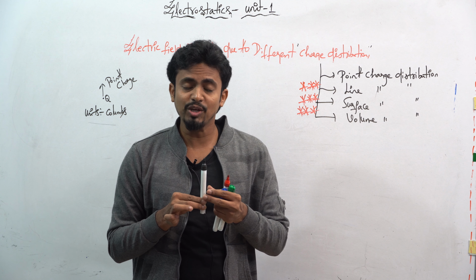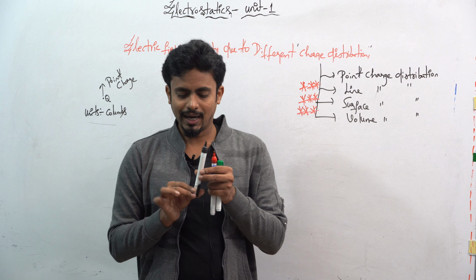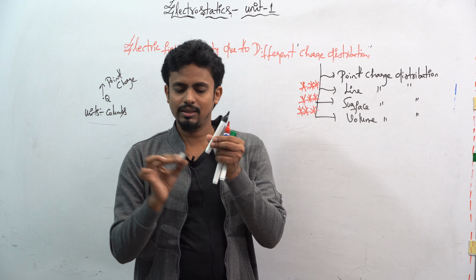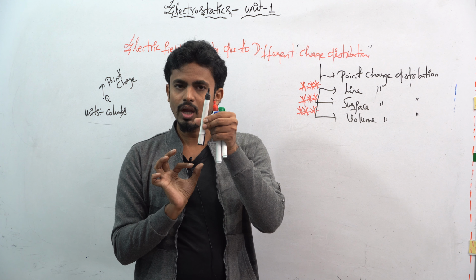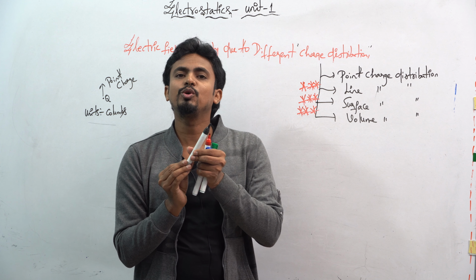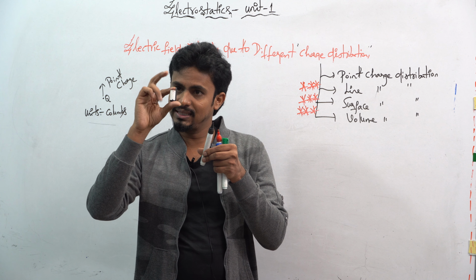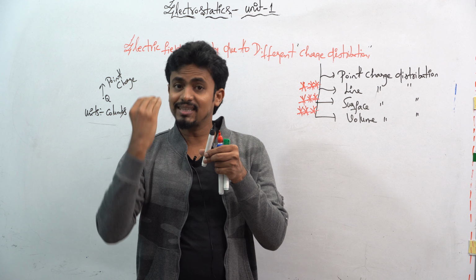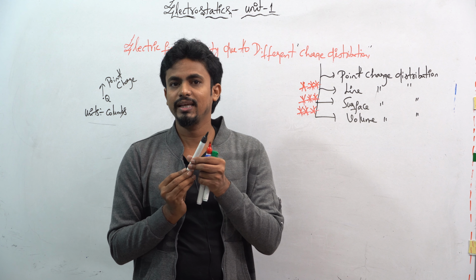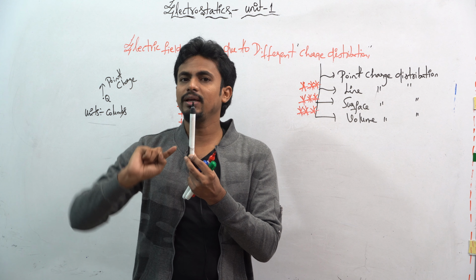If I want to calculate it manually, is it possible? No, it can't be possible. So I take a small length, this gap, which is also part of the pen. I take this small gap of length dl. If I find how much charge is present in this gap, then whatever result I get, I put an integration over it. Then I will easily get how much charge is present in the whole line.